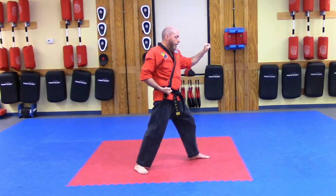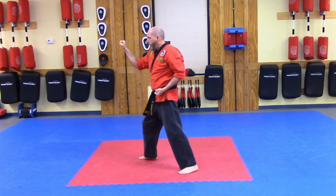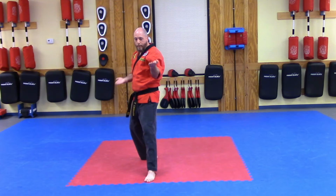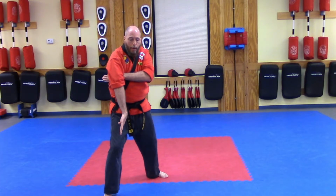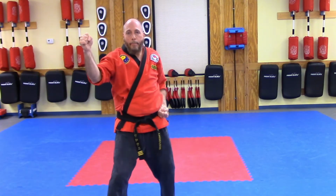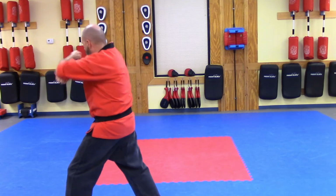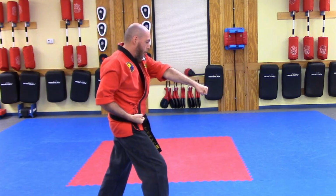Outer forearm block, reverse punch. Outer forearm block, reverse punch. Double knife hand block. Spear hand middle. Break. Backfist strike. Backfist strike. Outer forearm block, reverse punch, outer forearm block, reverse punch,